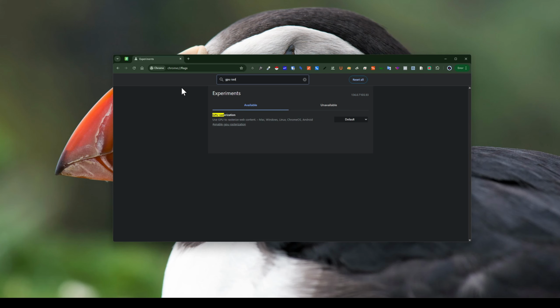You can see that right there. So you come to the drop down here and click on enabled. Alright, so once you enable that, you see a prompt to relaunch Chrome. So just go ahead and click on relaunch and Chrome will restart, and GPU rasterization will now be active on